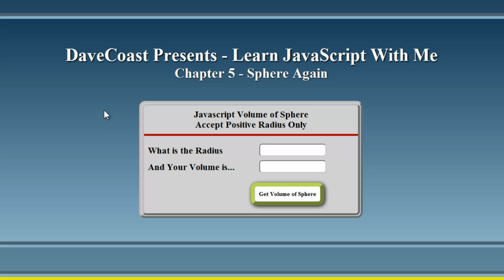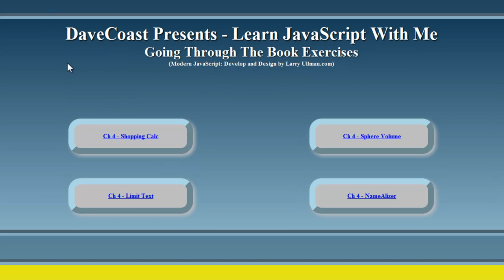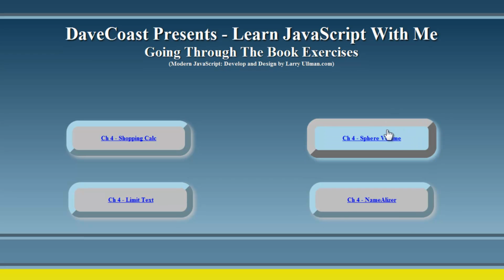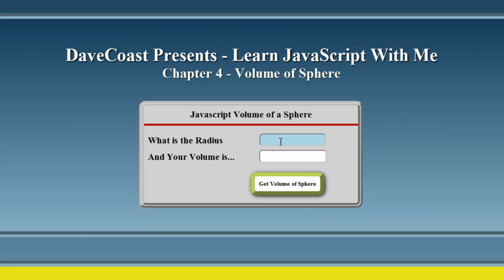In chapter 4, we just did an absolute value on whatever was put in for the radius. Previously, it didn't matter whether you put a 5 in there and clicked get the volume of a sphere. Let's look at it. In chapter 4, in the sphere volume, if I do a -5,